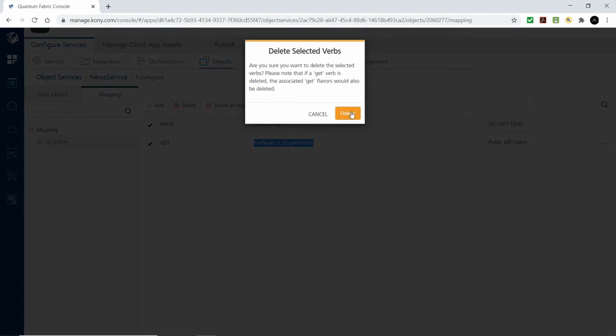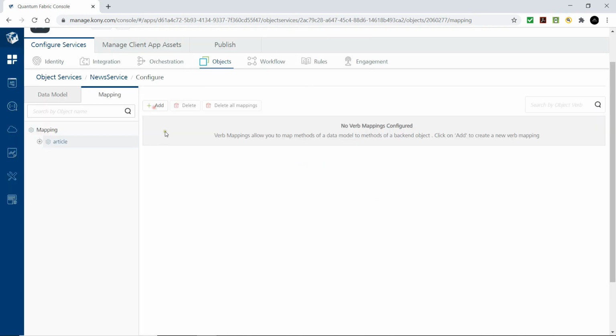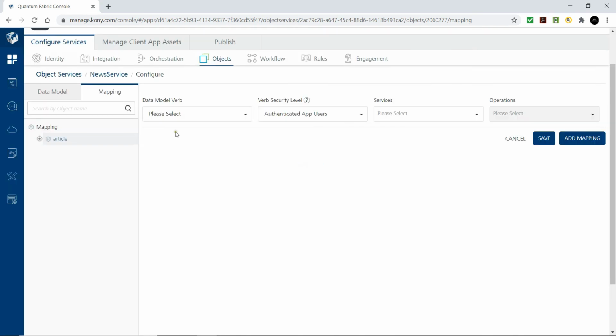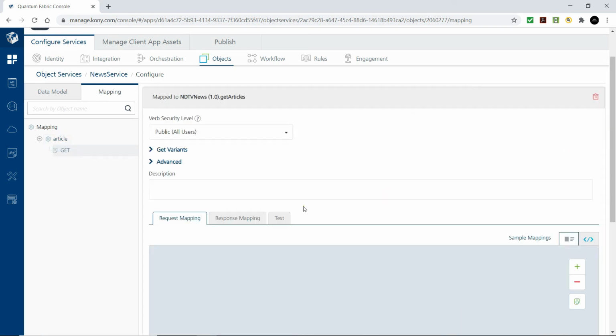Delete this get operation, create a new get operation. This time we will point it to the NDTV news feed. If we see, the get operation now points to the NDTV news feed.